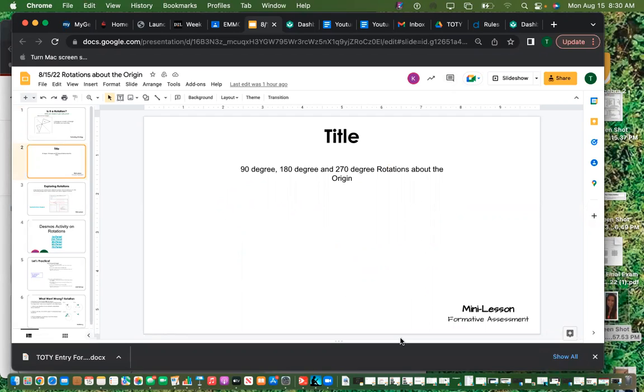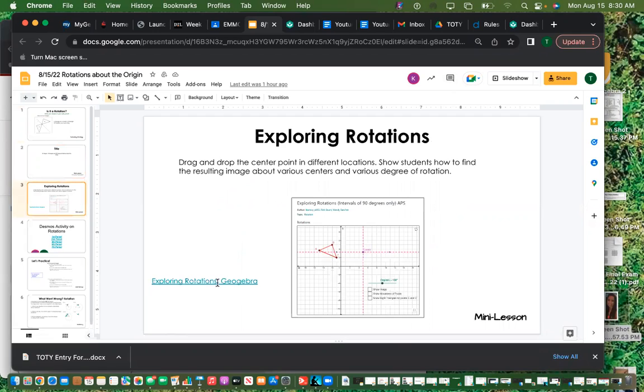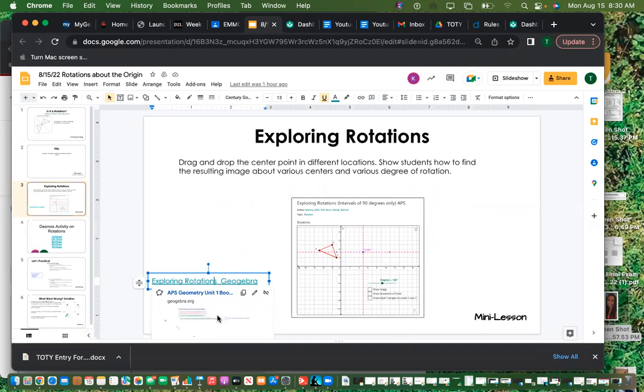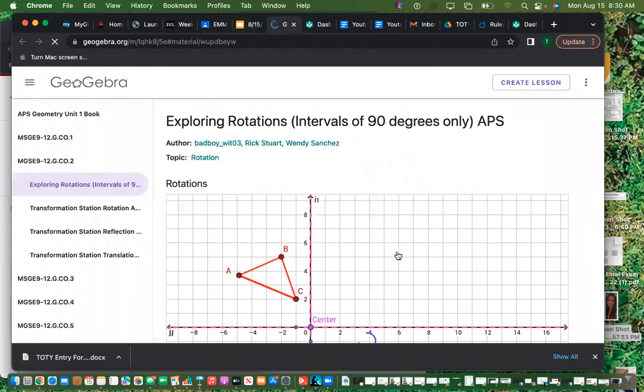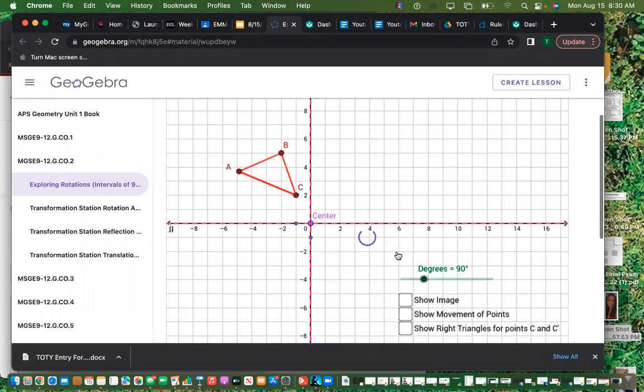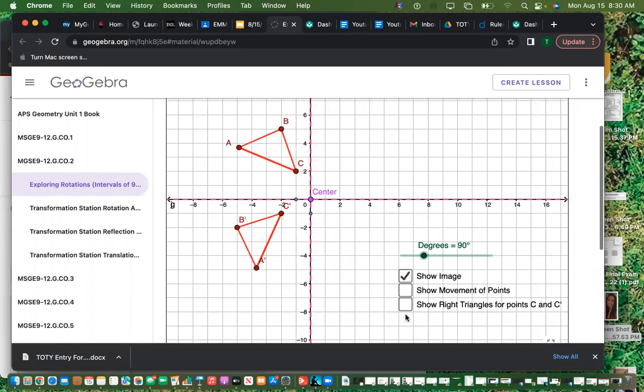All right, so looking at the work for today, you should, on this little screen, write down the rules that you learned from Friday's lesson about rotation. Now, if you didn't watch that video, then I would go back and watch that video because you're gonna need it for exploring rotations. Okay, so if you open up this page, I'm gonna show you what the rules are for 90 degrees, 180, 270, etc. So if we rotate 90 degrees,